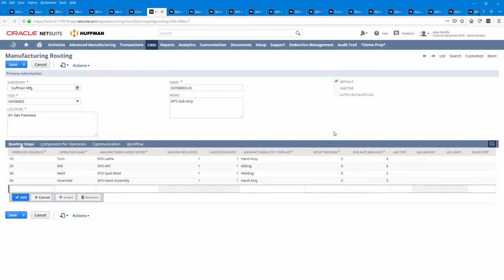So if you have some setup time that's going to be part of there, or mixing chemicals, etc., you can put in the setup time in addition to how many minutes, in this case per unit, it takes to produce or finish this step in the manufacturing routing. And then we also have some options for lag time